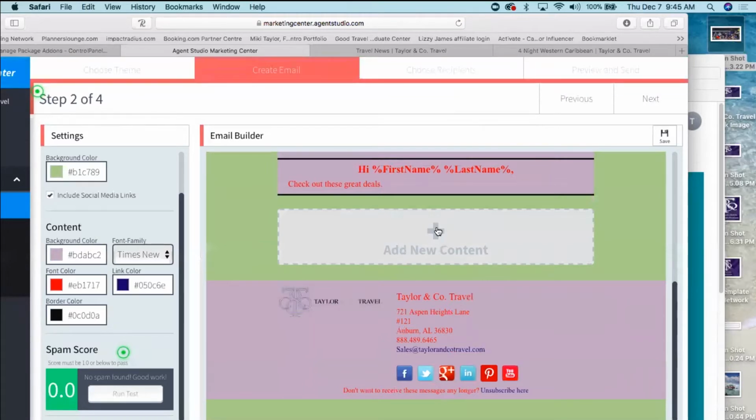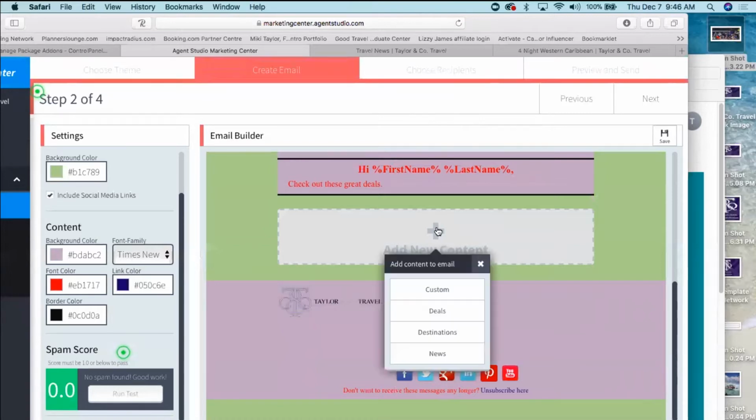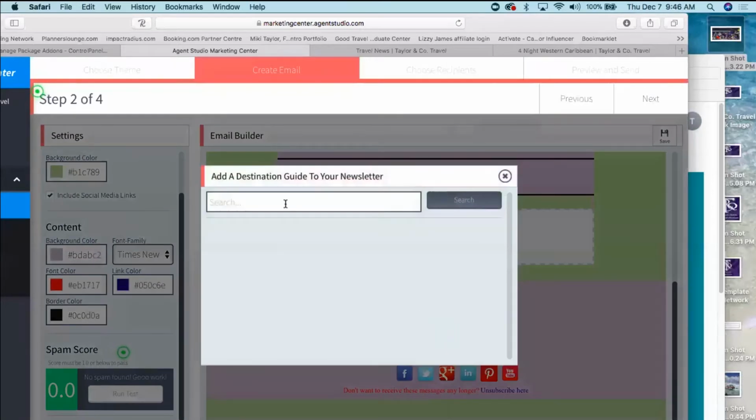Now, here's where the integration with Agent Studio comes in. This is why utilizing the Marketing Center that you get for free trumps any of the other paid platforms such as Constant Contact, MailChimp, any of those services, because this information that you're now going to be able to add pulls directly from your website, and that is what allows the information to be clickable and direct your clients right back to your website once they click on something that is